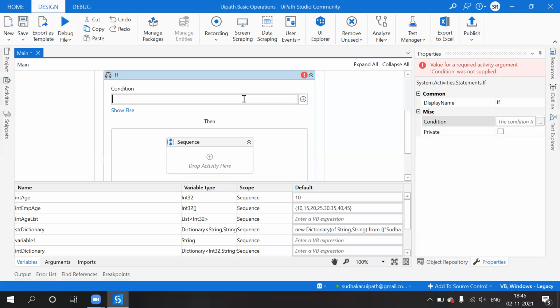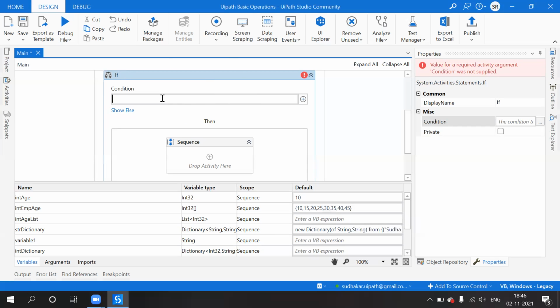Otherwise we can do one thing. Say the age of an employee: I would like to list out all the employees whose age is more than 25 years. So in that case I have to put one condition. How do you get to know that? So I have to use an if condition. That means these are all conditional statements.